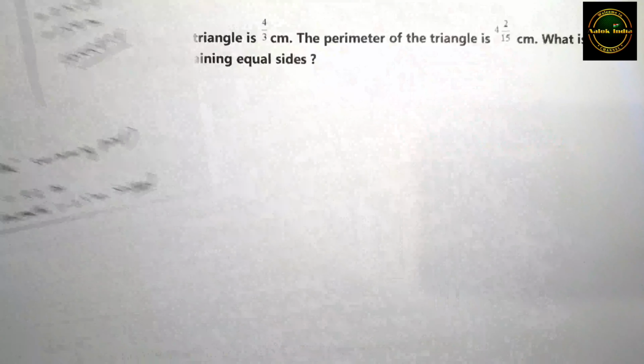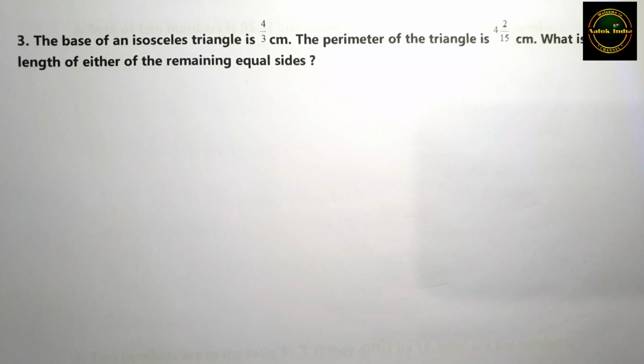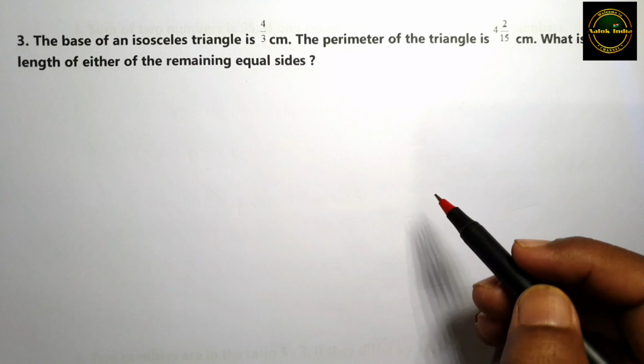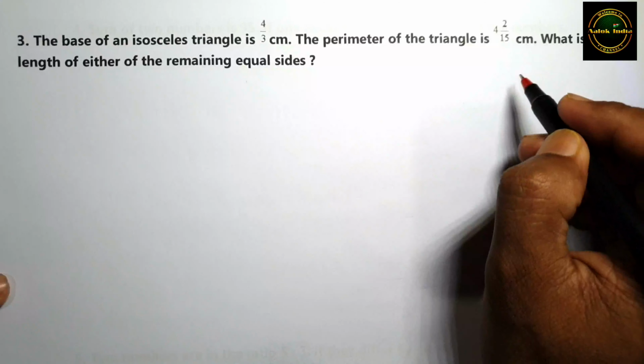Now let's go to our third maths. The third question they have said: the base of an isosceles triangle is 4 by 3 centimeter and the perimeter of the triangle is 4 and 2 by 15 centimeter. What is the length of either of the remaining equal sides? From this question, one thing we can understand, that it's an isosceles triangle. So let us first draw,